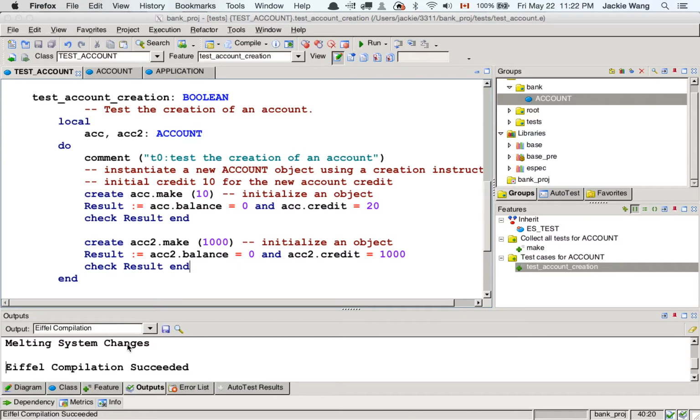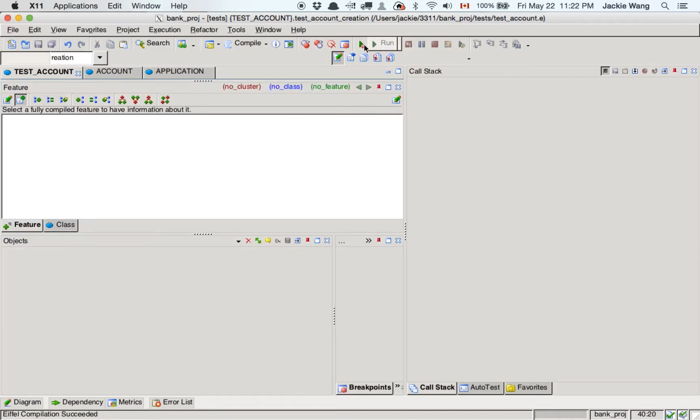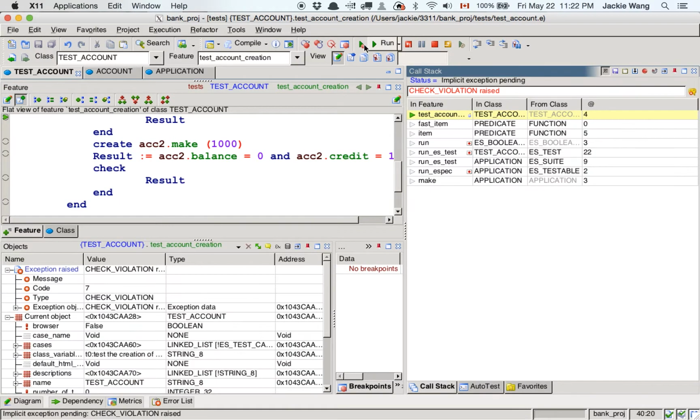But since we put two check result end here, do we actually know which one failed? It's very easy to find out. Let's simply click on run rather than run workbench system to see where the contract violation occurs. If we click on that, it's going to stop at exactly